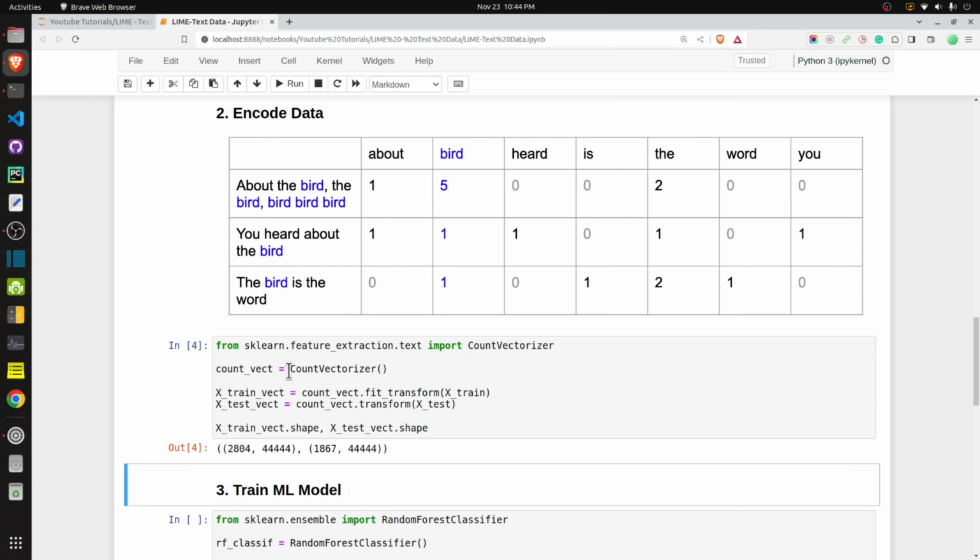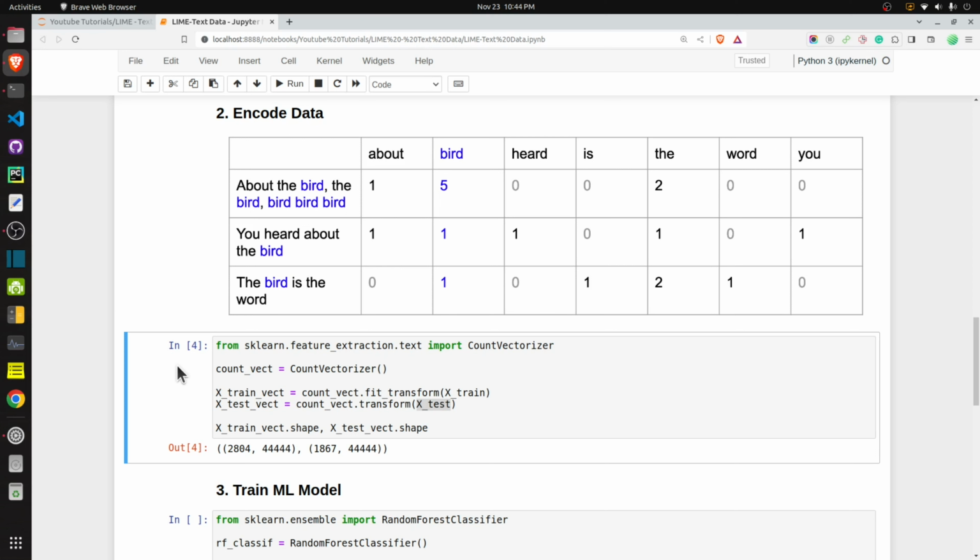After creating a CountVectorizer object, I have called fit_transform on our x_train dataset. x_train is a list of text documents, and this will return the vectorized version of the text, which will be lists of floats. Then we have used this trained vectorizer to transform the test dataset as well. As you can see, the output is 2804 by 44,444.